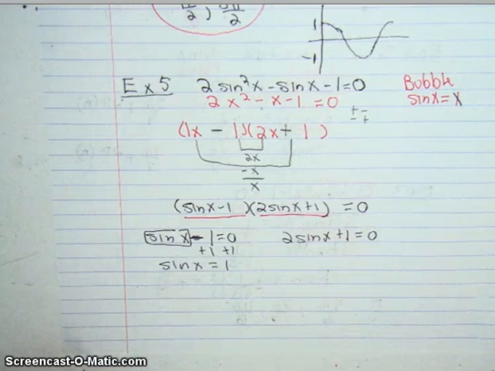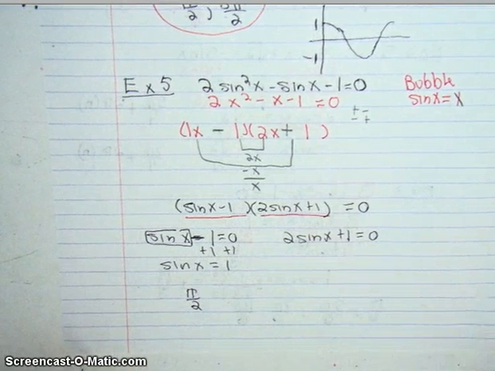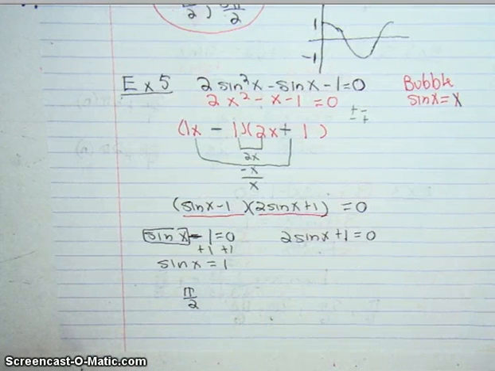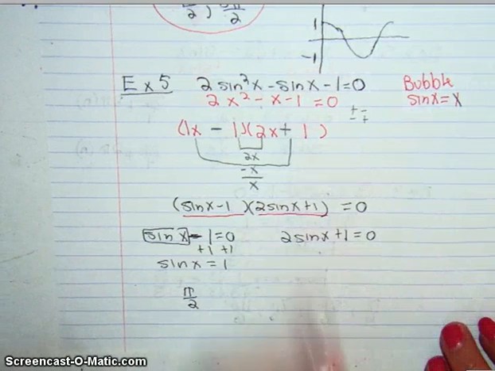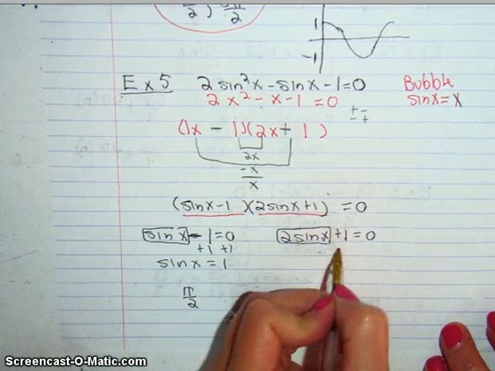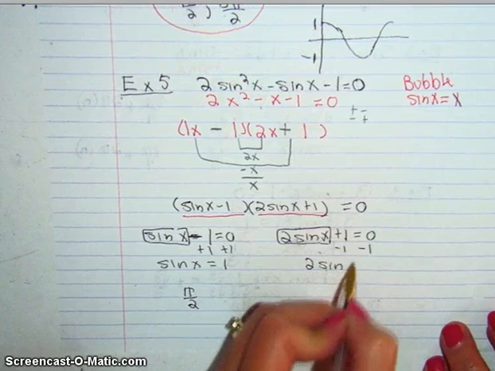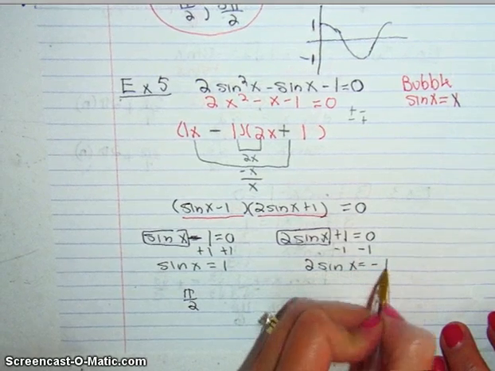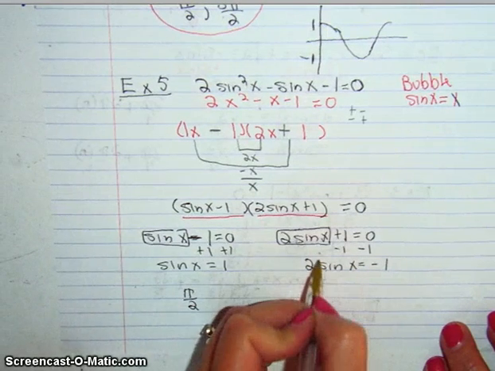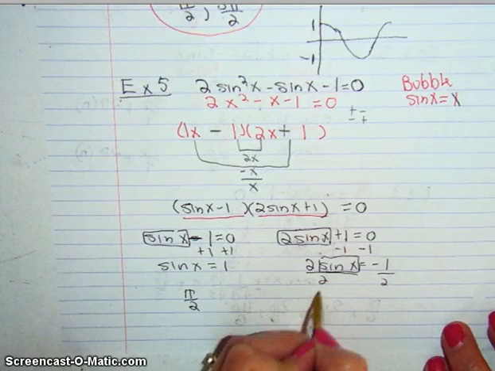So, Philip, on the unit circle, where is sine equal to 1? At pi over 2. Sounds good to me. Any groups concur? Pi over 2? All right, awesome. Second equation. Subtract 1, subtract 1. 2 sine x equals negative 1. Box in sine x. Divide by 2. Sine x